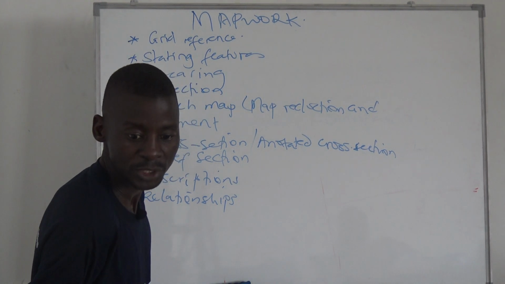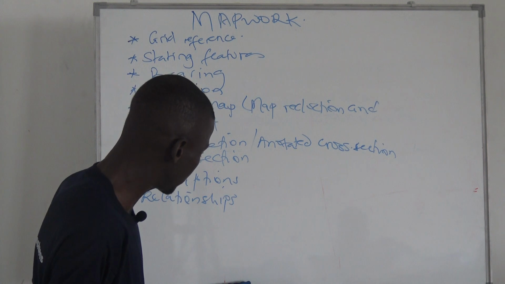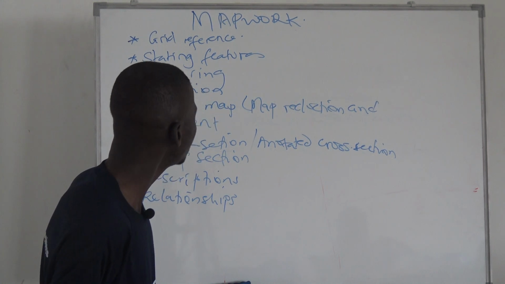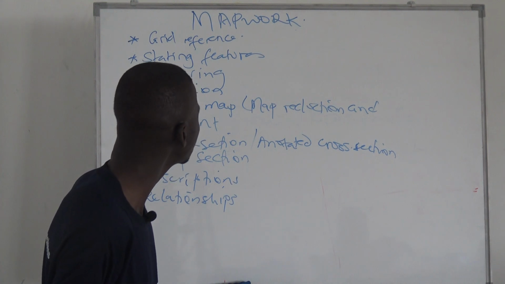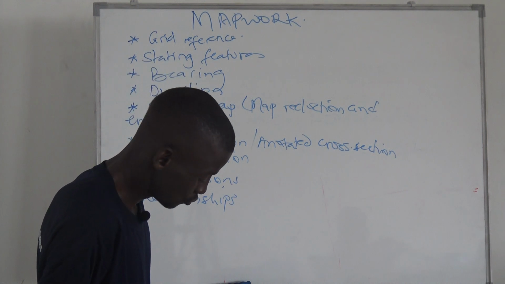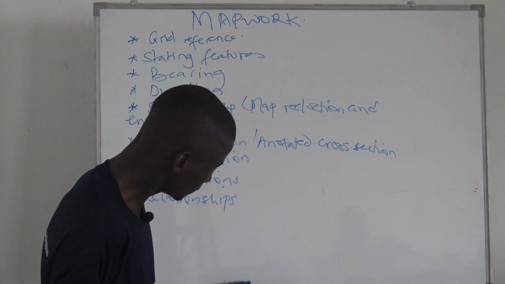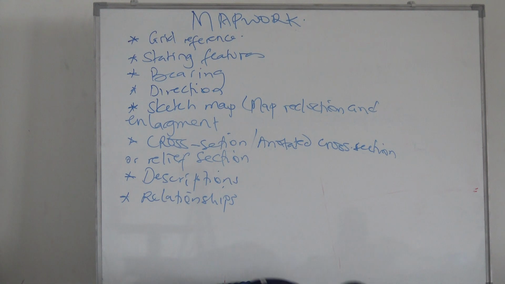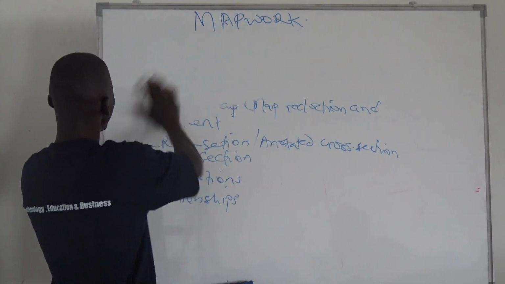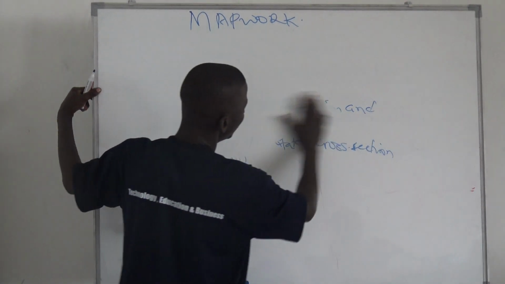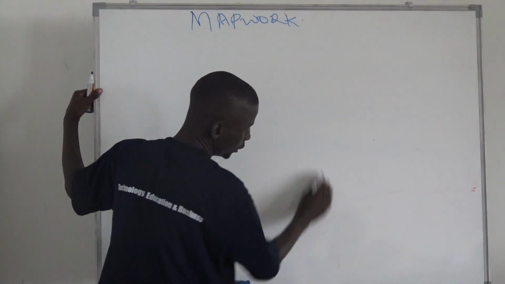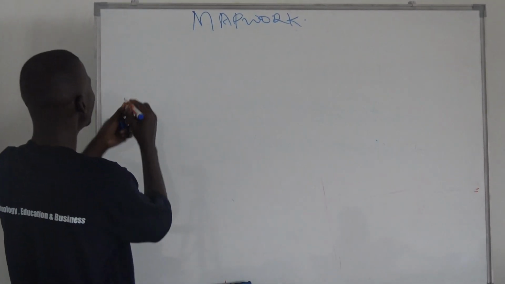So usually in an examination, the first thing is to know the grid reference, how to state the grid reference. The grid reference is stated in either 3 by 3 digits, a 3 by 3 figure, or a 2 by 2. Any of the above usually works. For our case, we shall begin by, first of all, knowing how to state the grid reference. Before we state the grid reference,